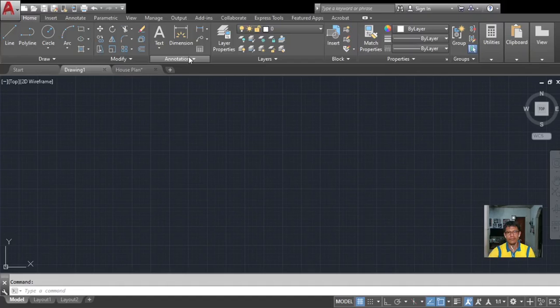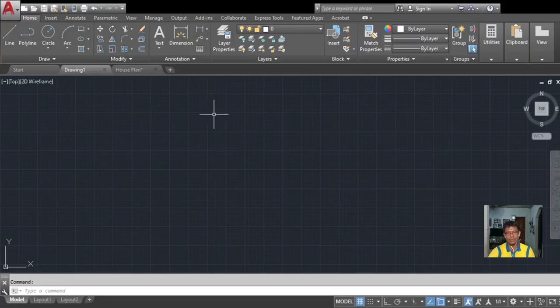Another area is what we call the working or drawing area, this part here. It is where you are going to draw, the place where your drawings are displayed and modified. And we have also the two intersecting lines.